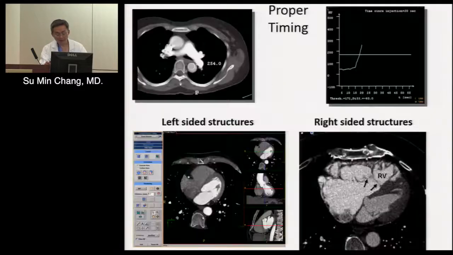So timing is very important. That's coming back to what I talked to you guys earlier about knowing the indication of the study. For instance, on the right-hand side, this is a patient with Ebstein anomaly. If you don't know the history and you don't know what they're looking for, and you just image the patient and time the contrast for the left side, you're not going to see anything in the right, right? So if someone wants to look at right heart structure, especially Dr. Lin's patient, you better talk to him